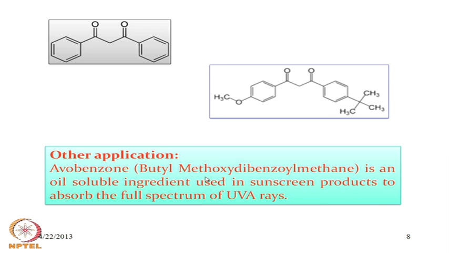Avobenzone is nothing but butyl methoxy dibenzoyl methane. So one is the butyl function, and another is the methoxy substitution. So, two substitutions at two ends of the phenyl ring, particularly the para position, by the butyl function and the methoxy function of dibenzoyl methane, can be useful because it is soluble in non-aqueous medium, soluble in oil and any other cream material. It is a very useful ingredient for use as a sunscreen lotion, because it absorbs the full spectrum of